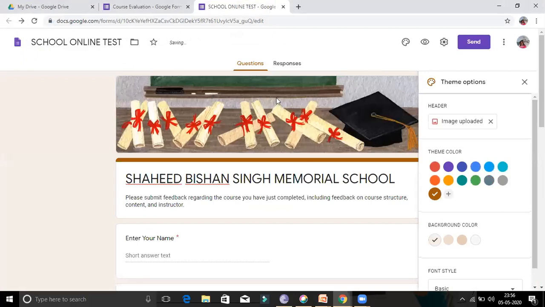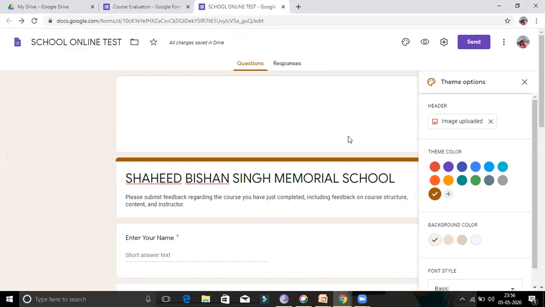So this will be changed. Anything you can paste here, school logos, anything you can paste.